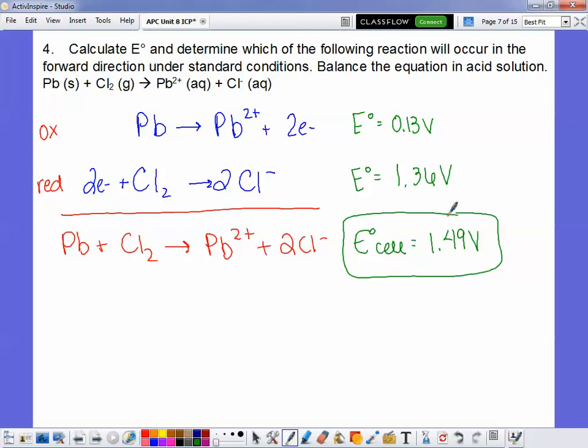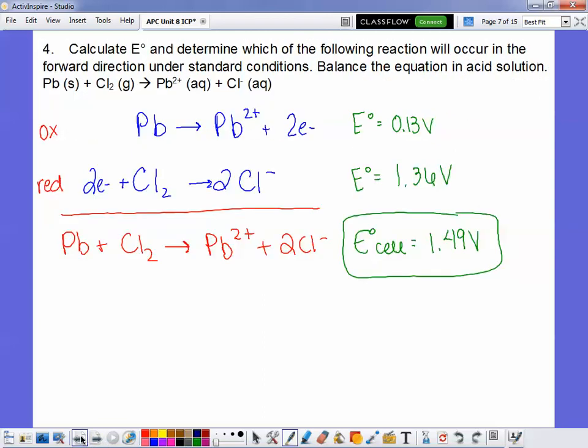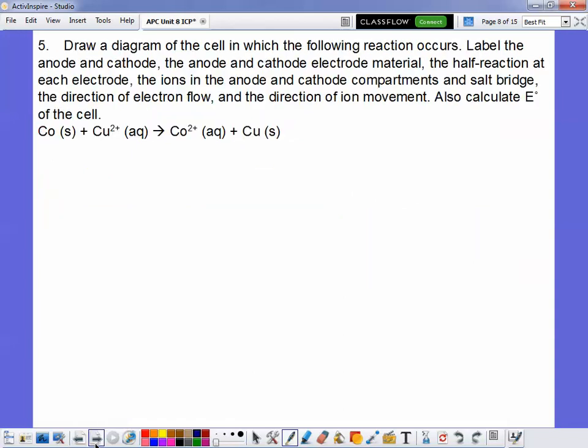All right. The last little bit we're going to talk about is how to actually sketch a galvanic cell. Looking at this one, this is going to be the longest problem we're going to do because there's a lot we're going to talk about. Let me get the skeleton of a galvanic cell out there,